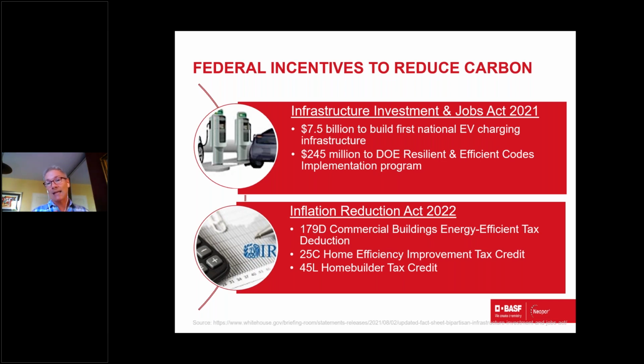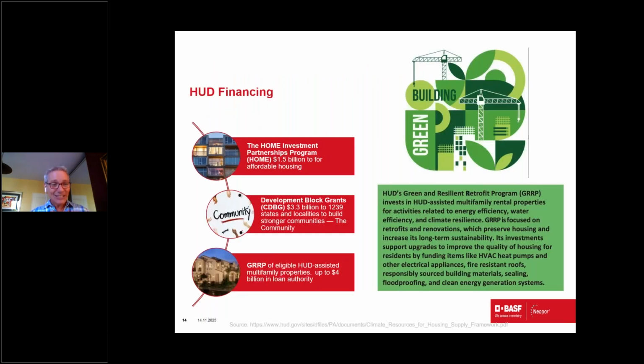Or if you want to design to the Zero Energy, DOE Zero Energy Program standard, you can get up to $5,000 per home. So if that kind of money interests you and your clients, there are some incentives to figure out how to get it done. Additionally, thinking about housing and urban HUD,